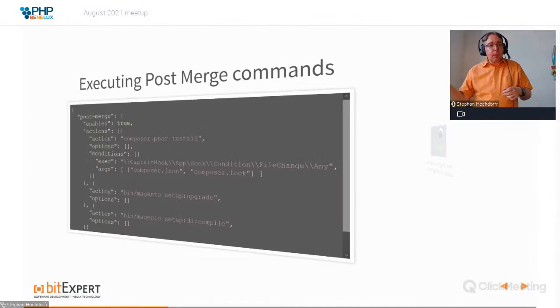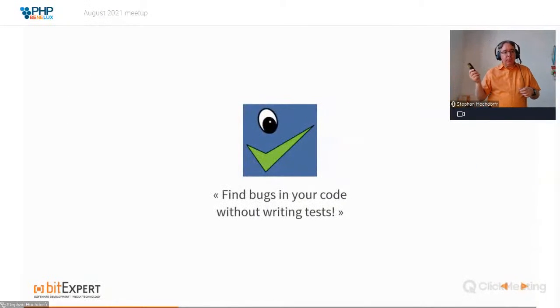Now, let's move on to the next tool, and that's PHPStan. That's kind of my favorite when it comes to static code analysis. I know there are a couple of alternatives. There's Psalm, there might be others. I tried them a long time ago, and they kind of did not really work for me due to whatever reasons. I felt PHPStan worked the best for me,